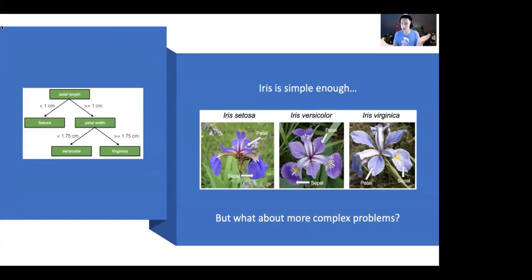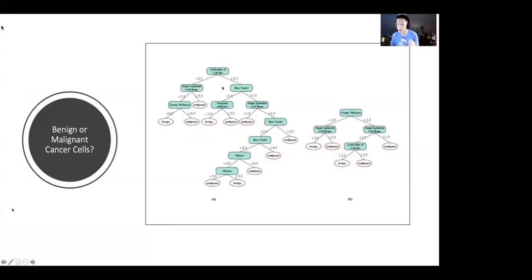So there are a whole lot of different factors and they play together in very complicated ways. Like for example, your diet could influence the way that you exercise or vice versa, or your genetics can influence the way that you diet or things like that. So it's a very complex set of relationships and it's not so easy to eyeball. In this case, we just eyeballed it and we were just like setosa flowers are super small. So if we took this feature in, if it's less than 1 centimeter, it's a setosa. It's not so simple when we think about medical diagnoses.